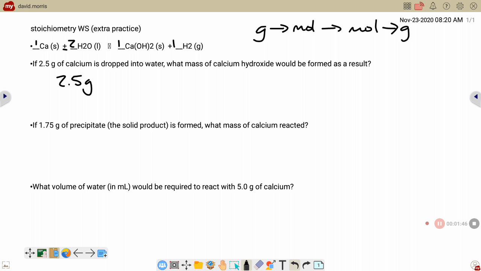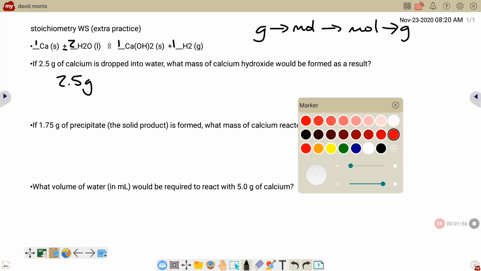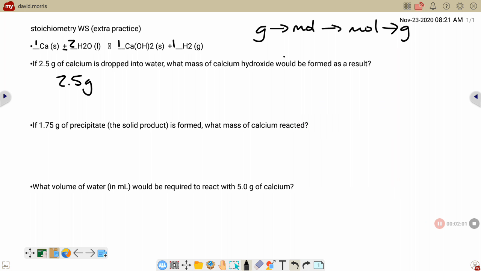So I always write out this thing up here in general, just as scratch to work off of. Because from here, I'm literally just going to figure out what was given to me. I'm always given something on the left side, and I want something on the right side, right? I could have been given moles of calcium, but I wasn't. I was given grams. So you just have to do however much work you have to do. I need to go from grams on the left all the way to grams on the right, and I should actually be able to tell what my work's going to look like,